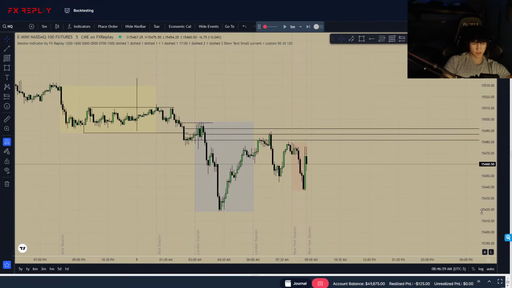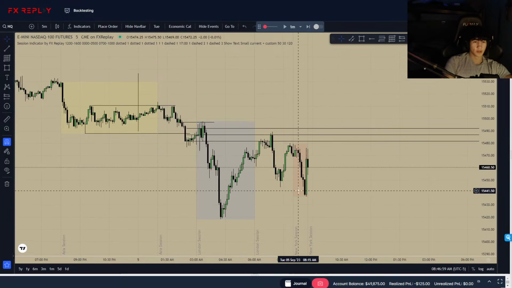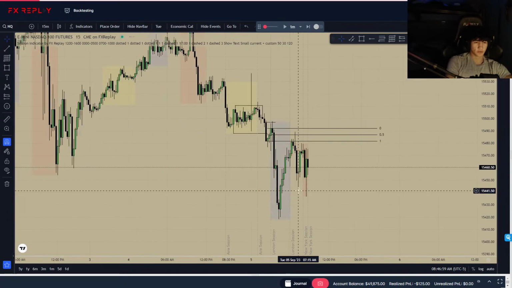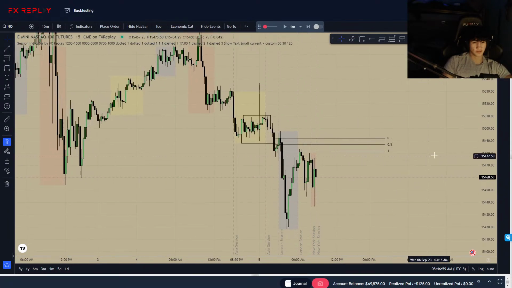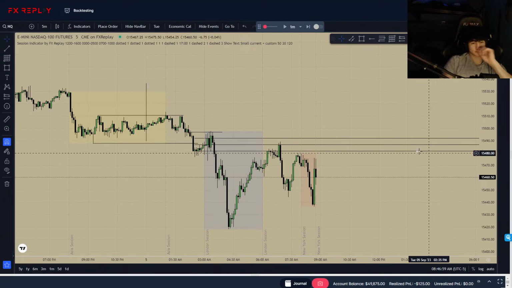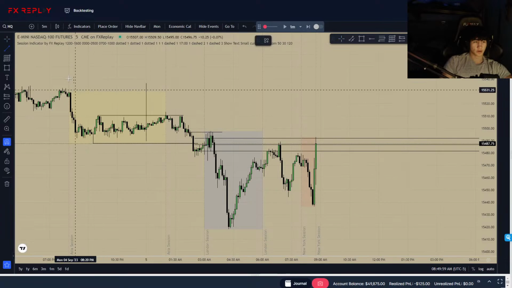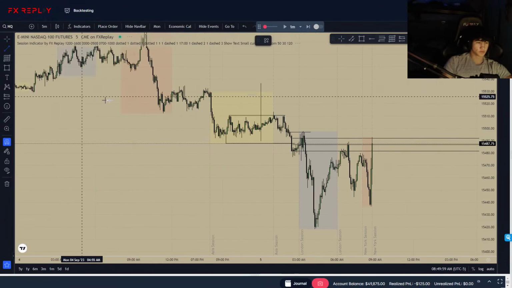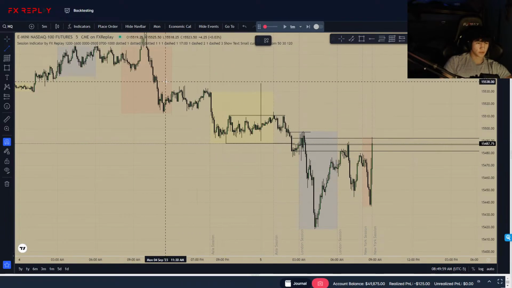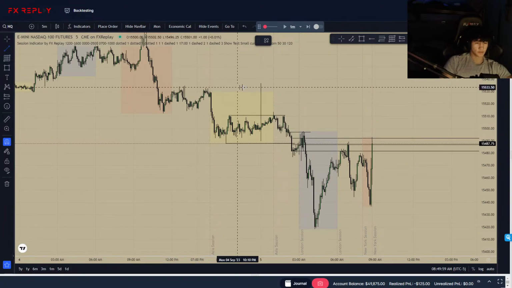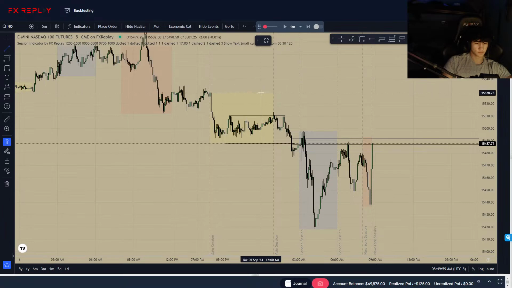It looks like we did tag into that, instantly rejected off. I want to be looking for volume imbalances, but I don't think we have anything significant. Let's observe our 5-minute open. I want to be marking out our midnight open on this too, just because of how I trade. I forgot to mention, I also mark out the midnight opens a lot. So let's see this. Yeah, we got it down.